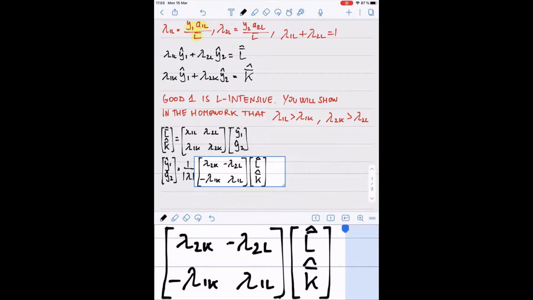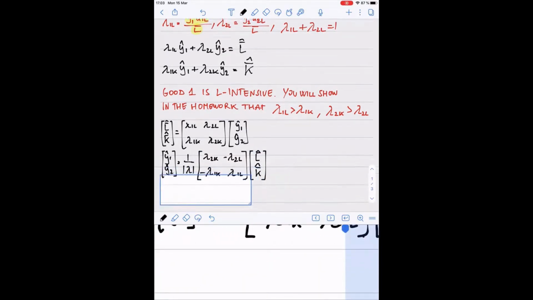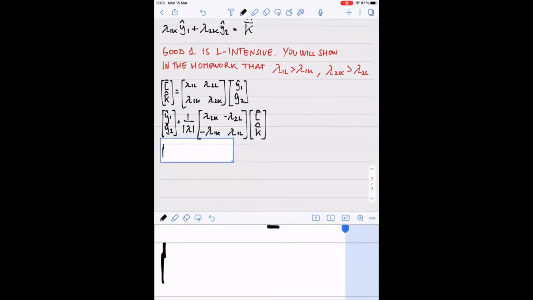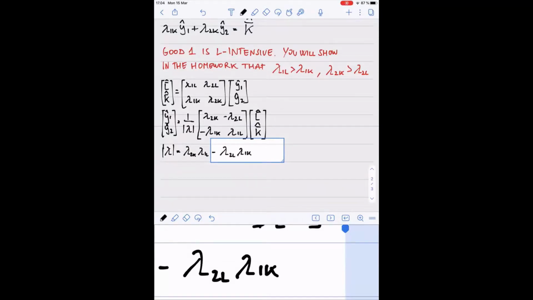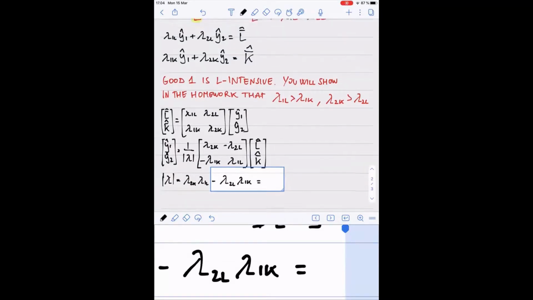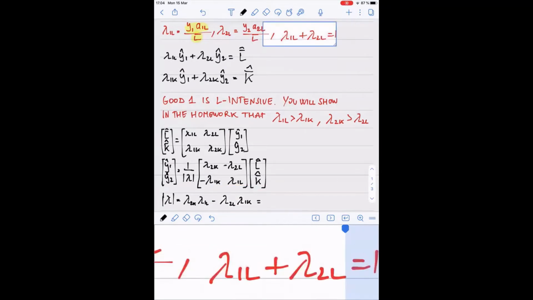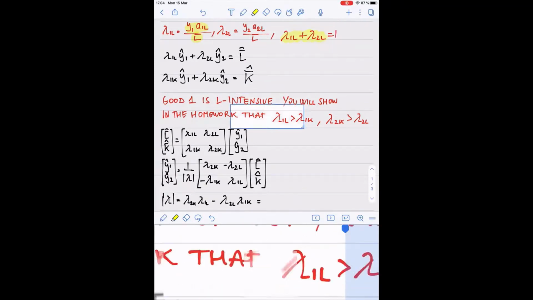Okay, excellent. Now what is the determinant equal to? The determinant is lambda 2k, lambda 1l minus lambda 2l, lambda 1k. Now, using our result that the sum over the goods within a factor of production of the lambdas equals 1, we obtain that